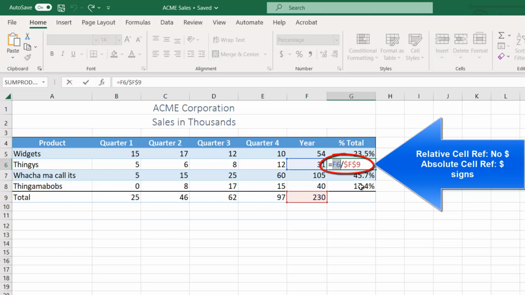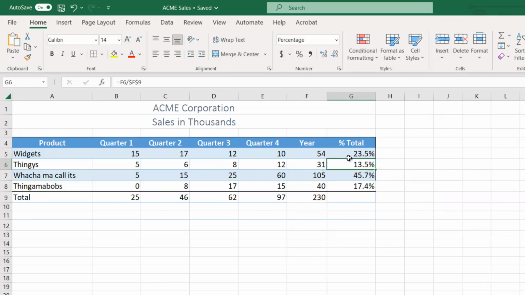If I copy this down to row 8, it's going to change to F8 and get the total for thingamabobs. But my grand total is always in F9. So that is an absolute cell reference. So absolute versus relative cell references